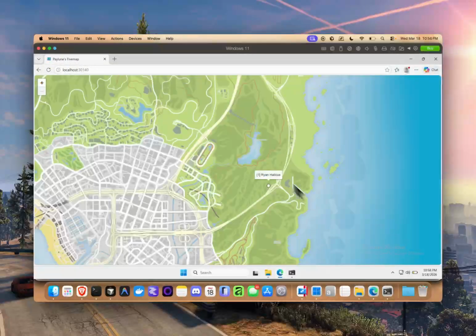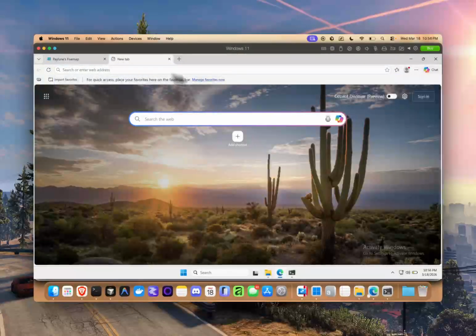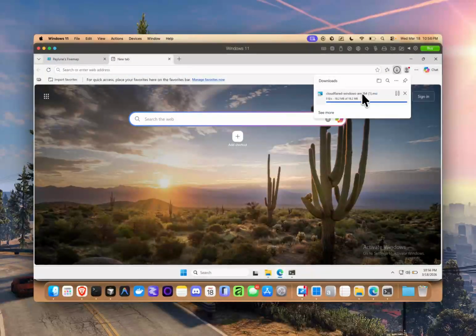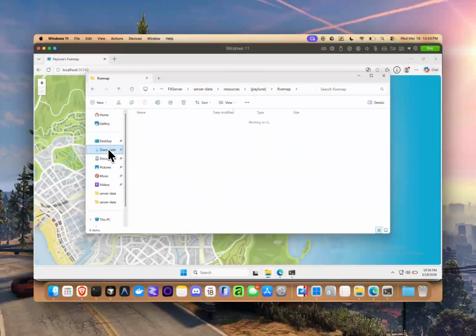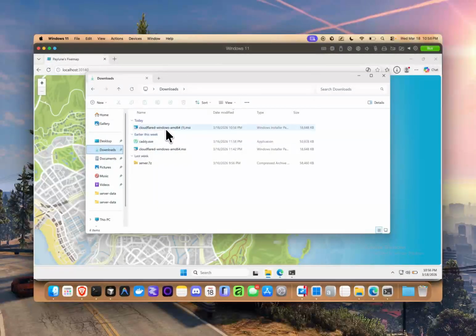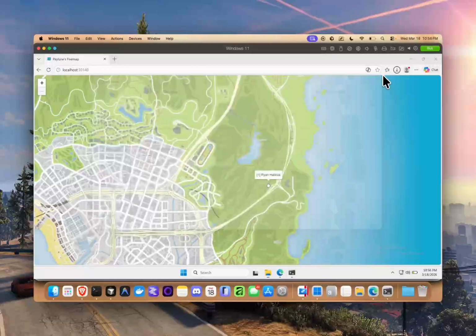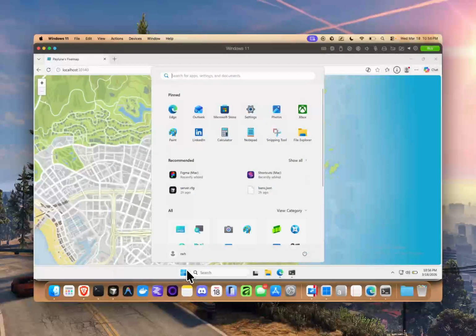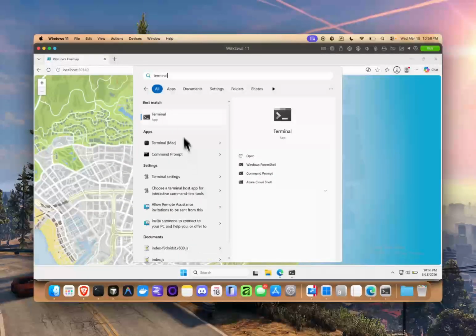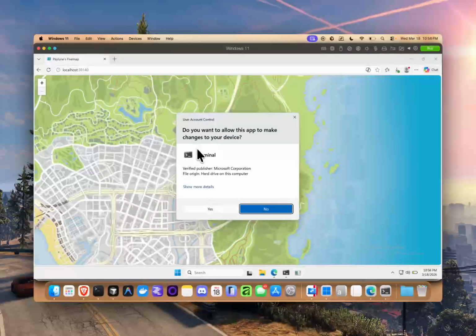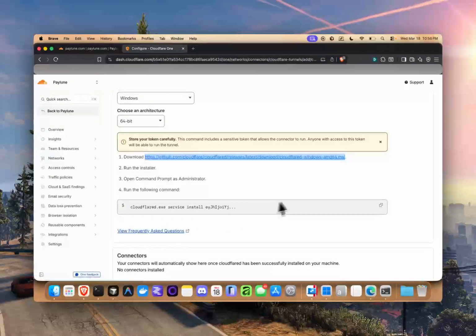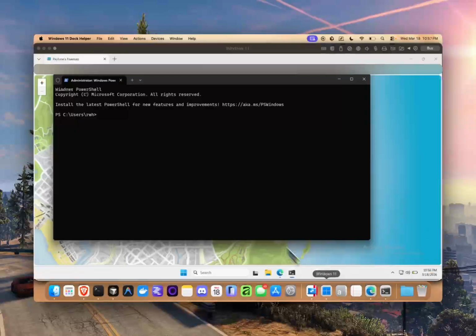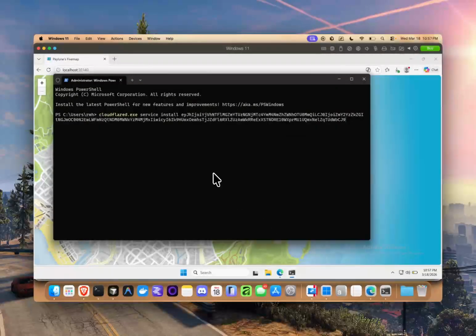Actually, I have my Windows server here in another tab. So I'm going to download this installer. I've actually installed this once before. And you just want to run that. So just go through the prompts and install that all the way. And then once you're done, go to the actual terminal and open this up as admin, and then hit yes. And then go to the Cloudflare dashboard here, cloudflared.exe service install, copy that command, and just paste it here,